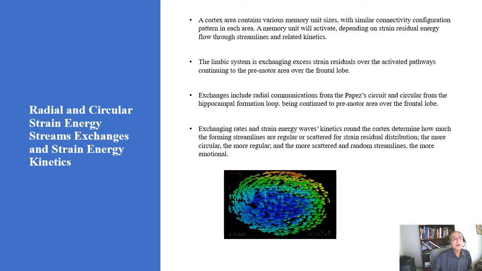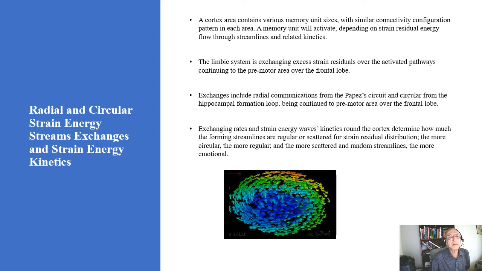It is not only the communication of the radial and circular strain streams through the cortex layers that are important, but the intensity of communication with different cortex areas will determine how dynamics of the gradient will vary, and thus the strain energy speed and